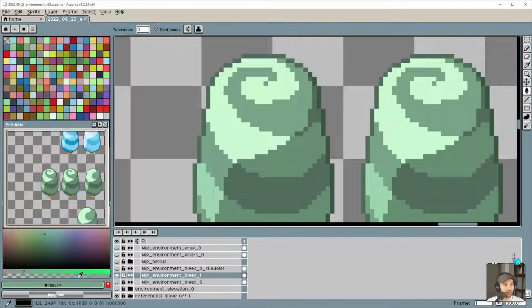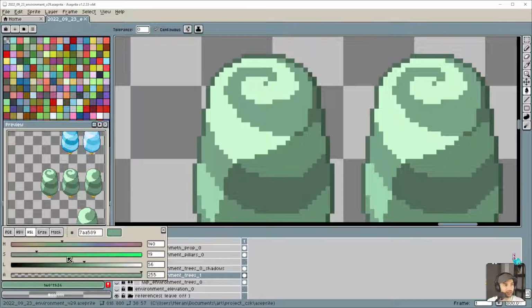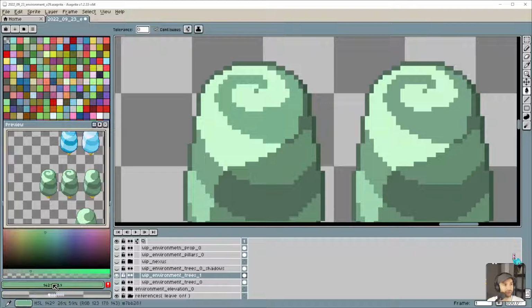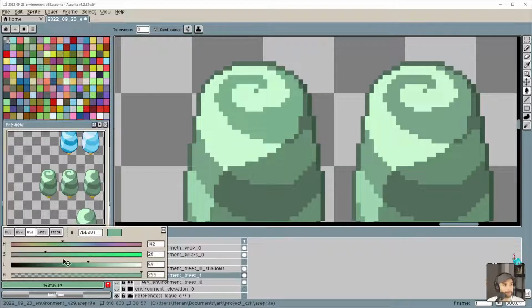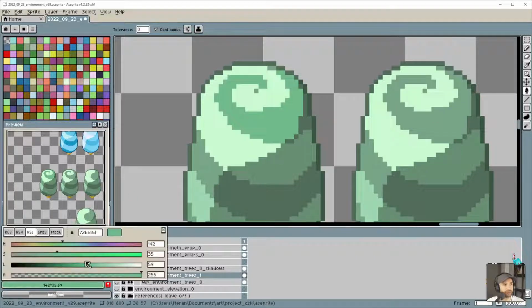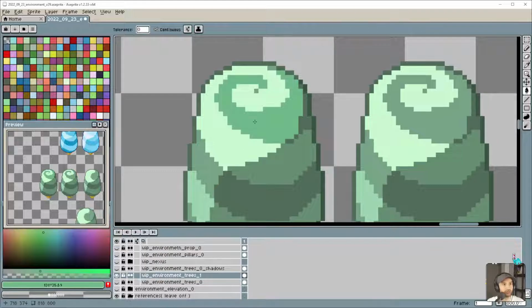Okay, so what I want to do is I want to adjust this green here, just because I feel like this one is a bit off for me. Let's see if we can soften that and bring it from a gray to a bit more of a colorful, cheerful green. I do want it to be like a kind of a cartoony green, of course.